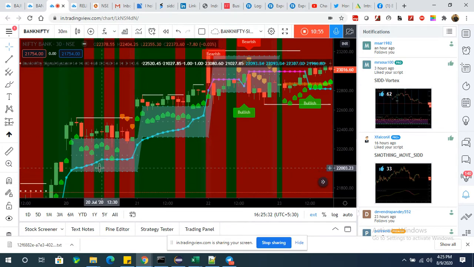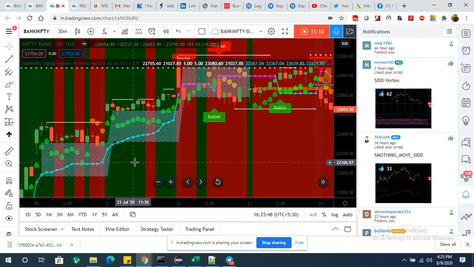So wait before taking long trades in the gap up area, and wait for this gap up area to fill. When the gap up area gets filled, then on the downside, whatever the gap up low area is, on that area you can take the long trades. Or if you see that sideways is happening, then what you can do is write your call and put both, and close the trade at the end of the day, then you will be in a good profit.